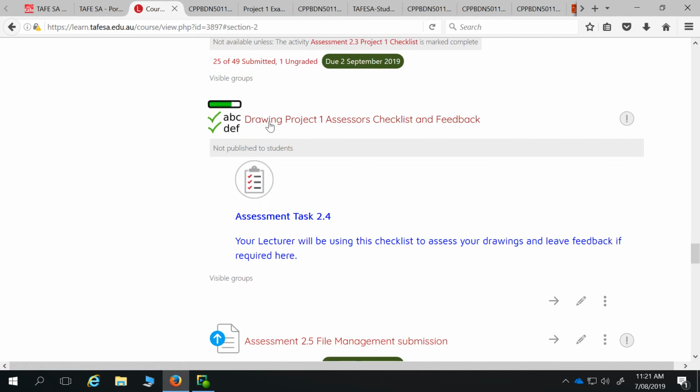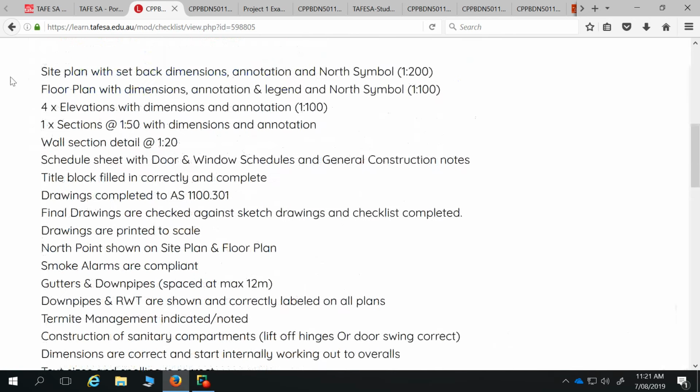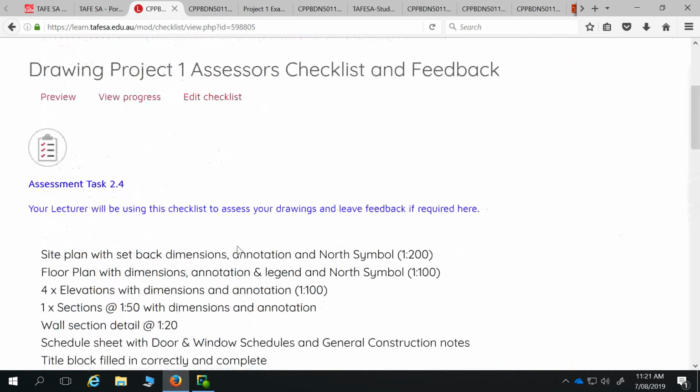And this one here, I've set up this assessor's checklist to make it a little bit easier for you to see what you might have missed. When I'm marking, I will use that. When you eventually open it up, there's a heap of stuff that I'm going to look at in your drawings and make sure. So when I mark that, it'll have a tick next to it that you've done it,